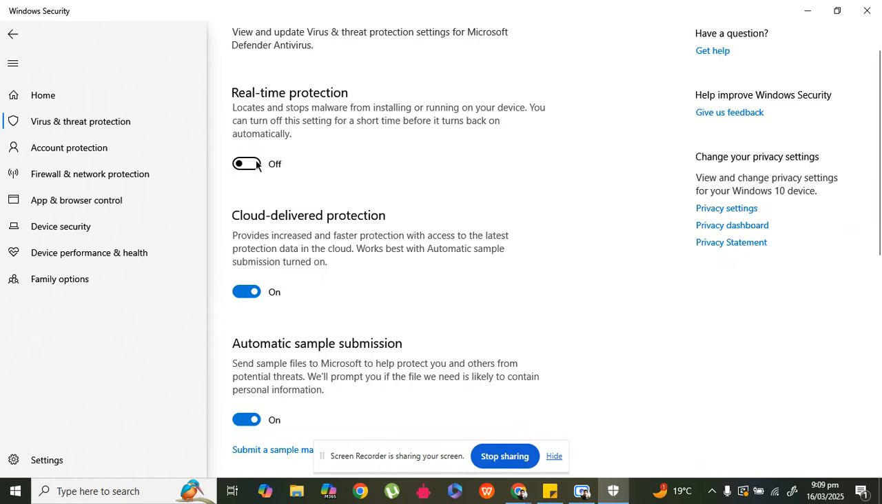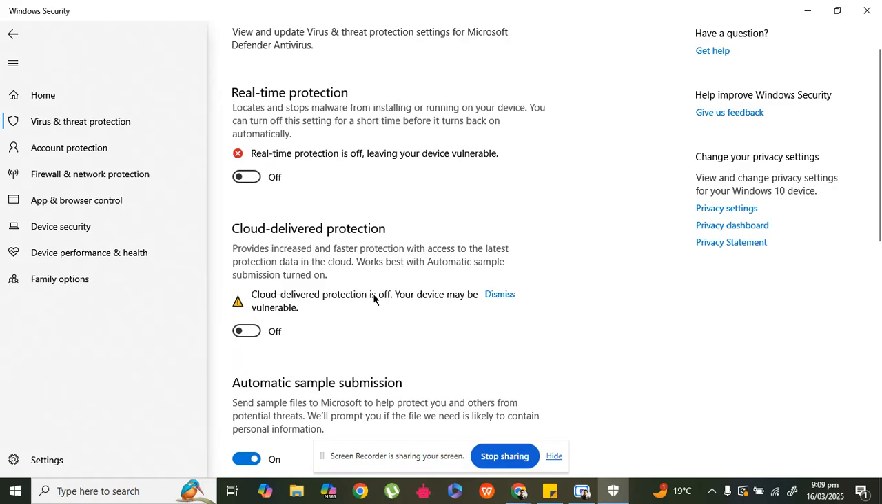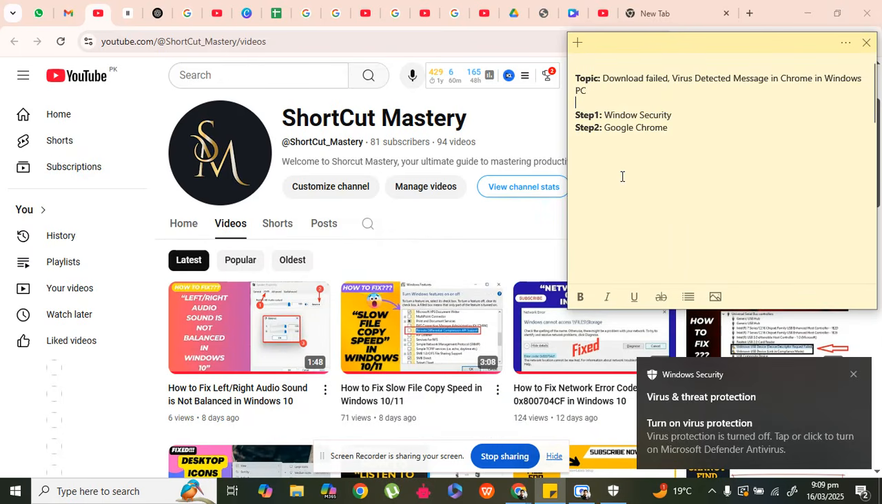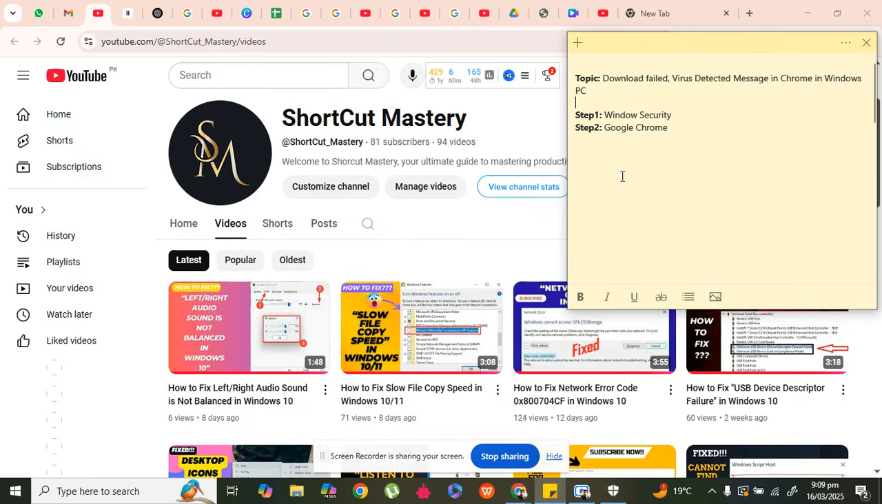It should be turned off. You can also turn off this option as well. By doing this your issue will be fixed, and after this you have to download again. If the download does not work again and the issue comes up, download failed,